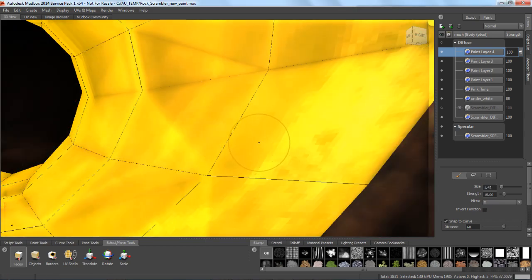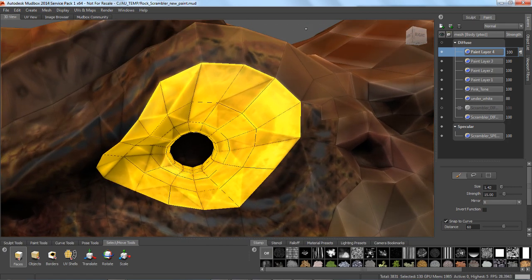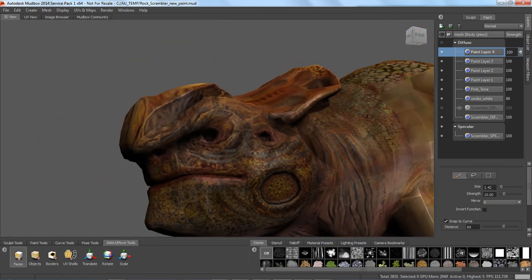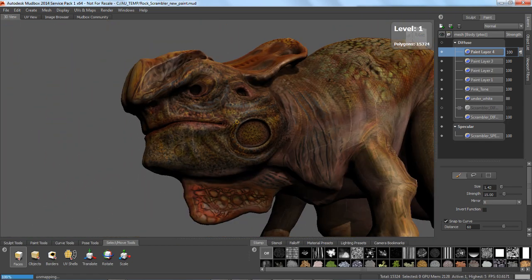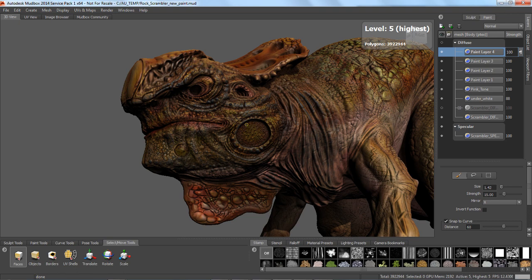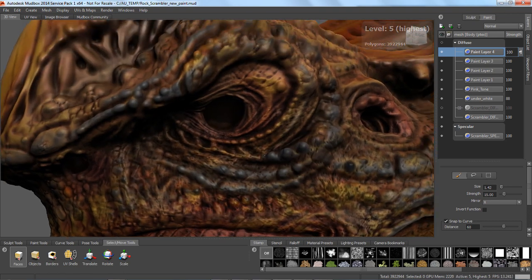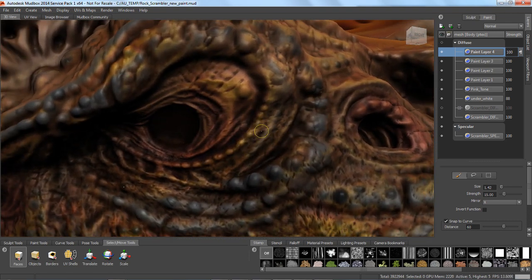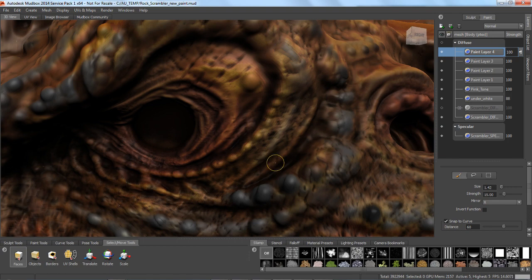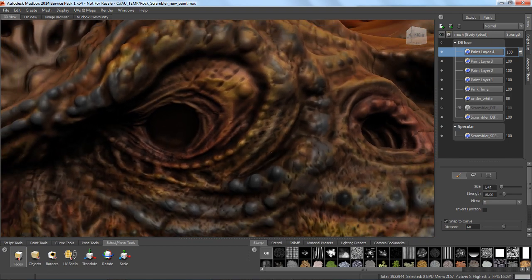So there we have it. I'm going to zoom out, just select anywhere in there, and let's step back up. I'm going to turn the wireframe off and step back up into our higher level subdivisions. And now we've created that new paint layer in there, and you'll see now it's baked that texture that we've painted into this area that we've created as higher res, but of course the texture was painted lower res. So you can see we would want to do some touch up in here